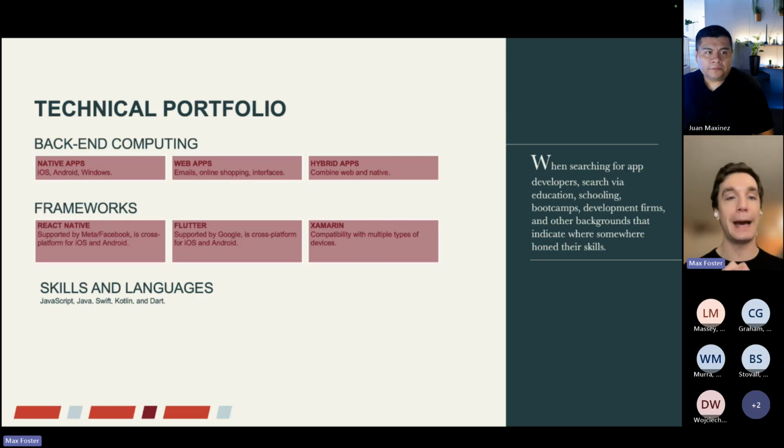There are also web apps, which basically are typically reflections of an online website, and it just puts it into an app, but it's maybe a little bit optimized for the individual device or platform. And then, of course, there's a hybrid. So somebody that's able to work on both of those. But it's very important to understand what type of app or platform or system the developer is going to be working on.